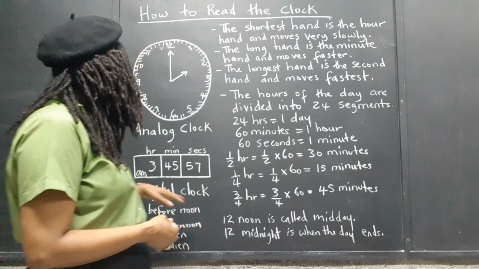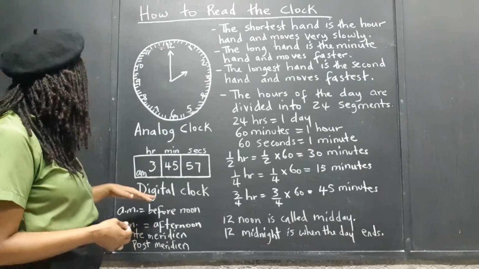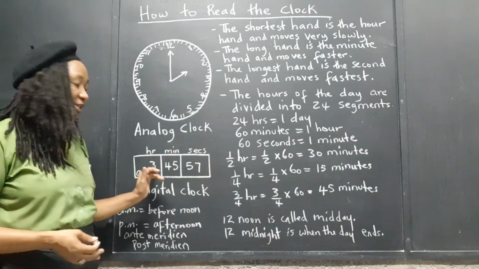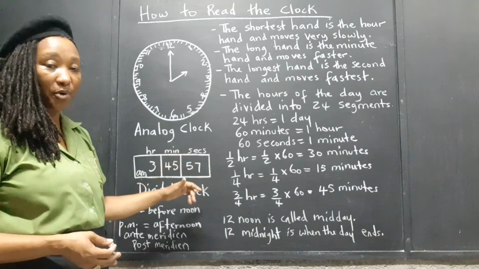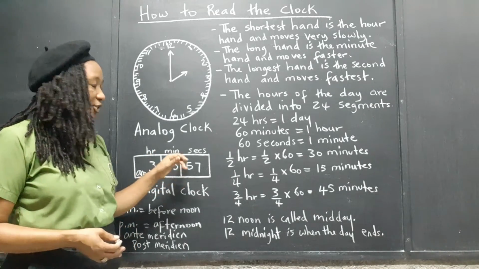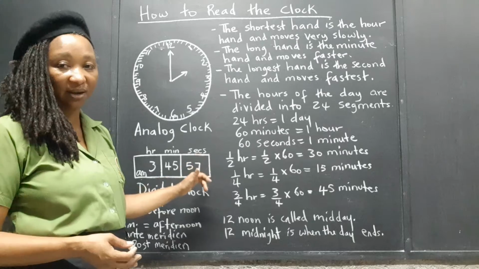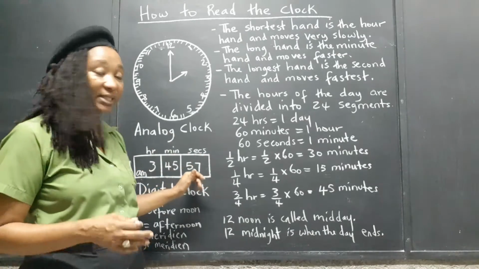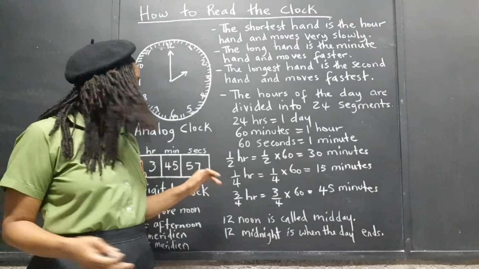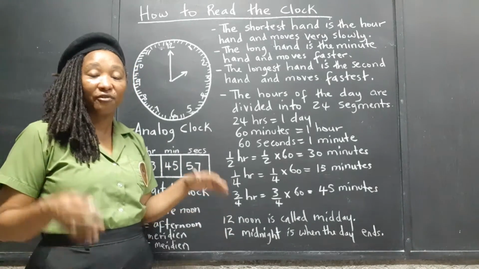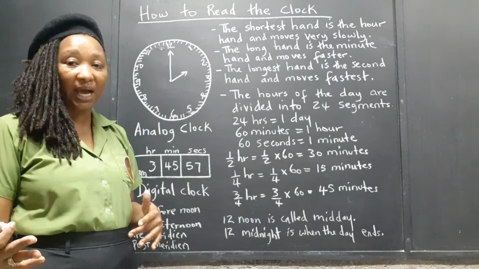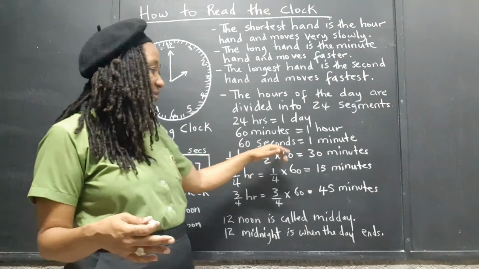The digital clock will display just in digits, in numbers. So you will have the hour, the minutes. Some digital clocks will show the seconds as well. The seconds you will see changing quickly. The digits change from 0 and go up to 59, and then because there are 60 seconds in 1 minute,